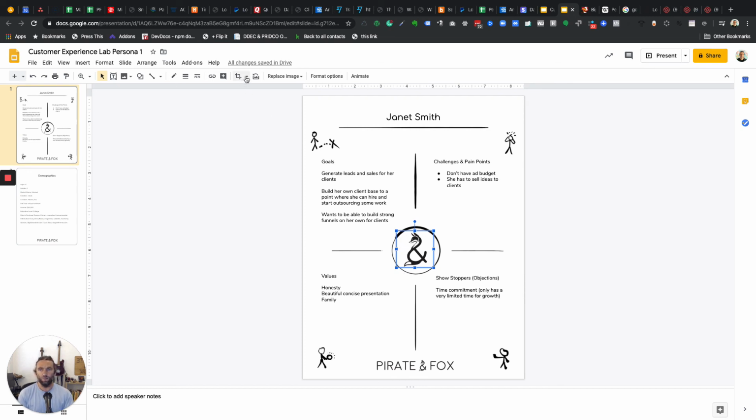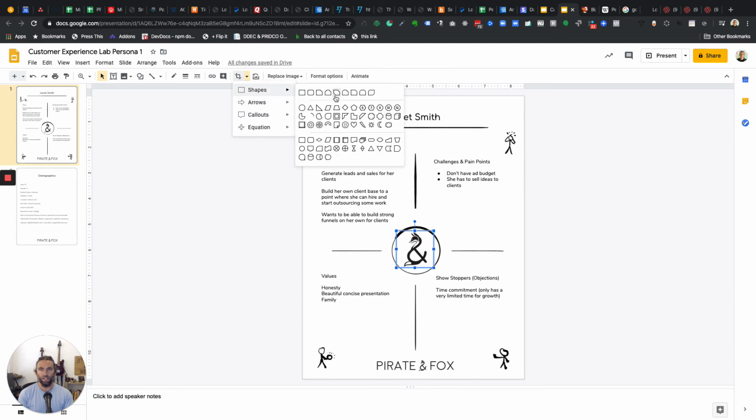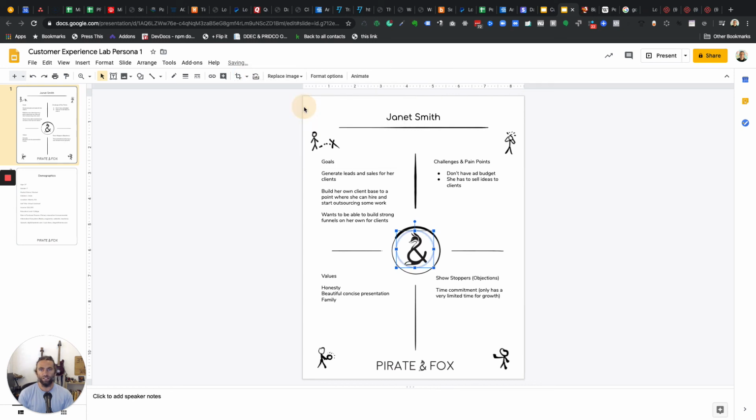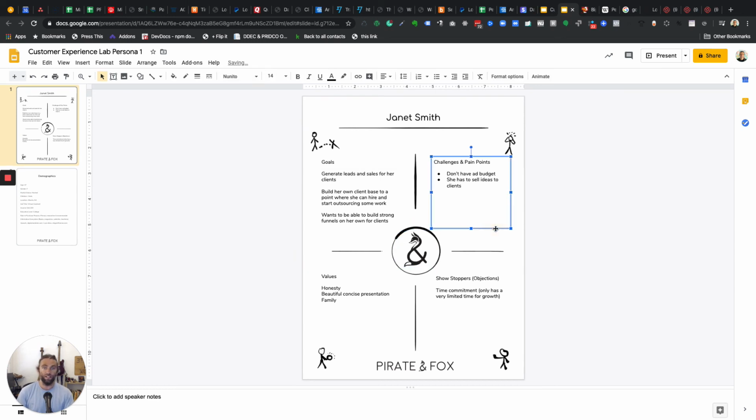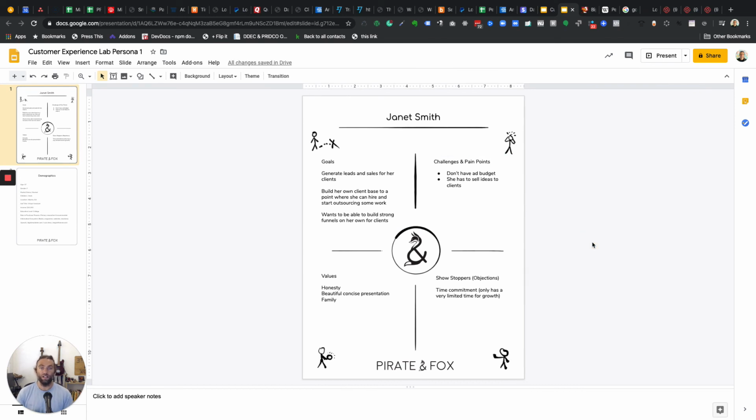then you can go up here to crop, and you can say crop into a shape and crop it into a circle so that it fits perfectly. Although that cut off my little guy's tail, so I'm going to undo that. So there you go. Now you've got an avatar, and obviously I would try to find a nice late 30s woman who is dressed the way I think my avatar was dressed and is in an environment where I think my avatar would be, so that this really represents